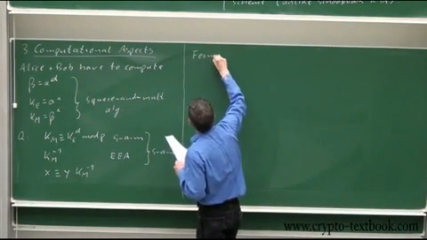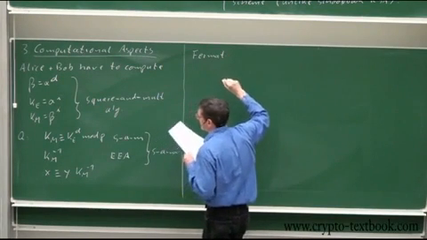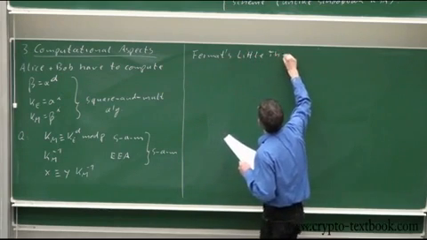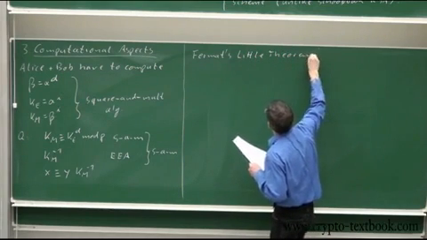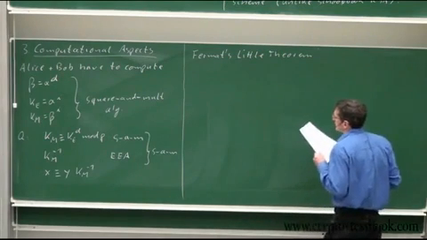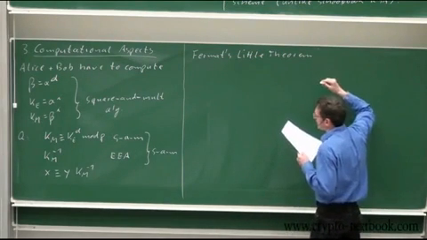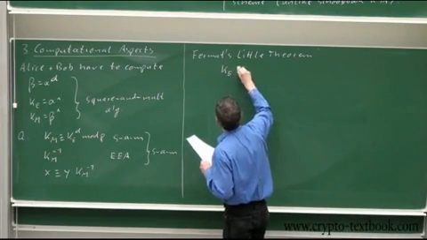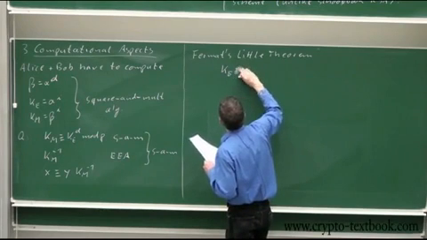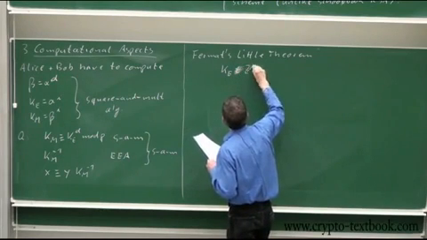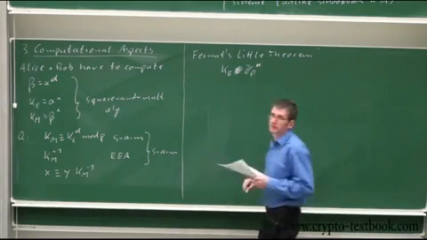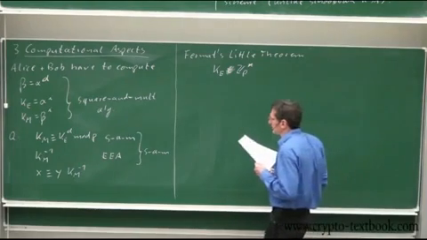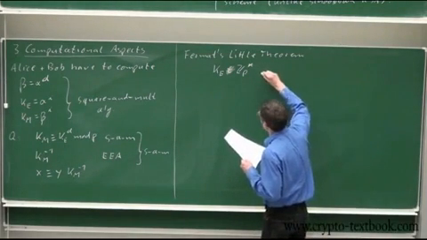We had many weeks ago Fermat's little theorem, Kleine Fermat, which stated with these parameters that we have here, for all ephemeral keys, so for all elements Ke in Zp star, it holds that